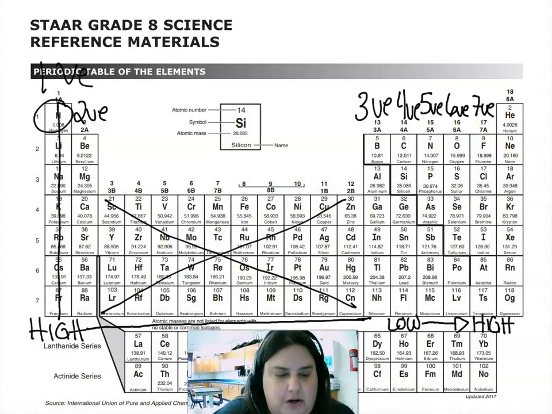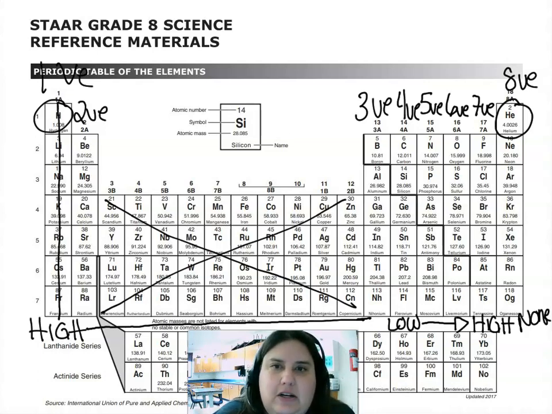the groups. And then group 18 is going to have 8 valence electrons except for helium, and they are not going to have any reactivity. So they're not going to react with other elements on the periodic table. The reason that they're not going to react with other elements is because they have a full valence shell of 8 valence electrons. Helium is a little different because when I draw helium,